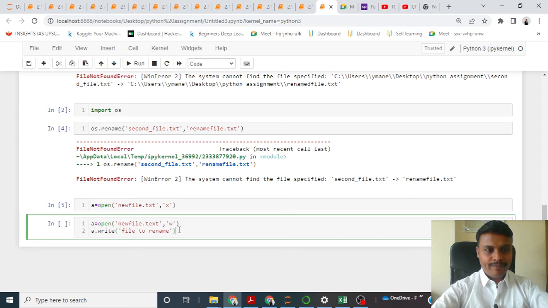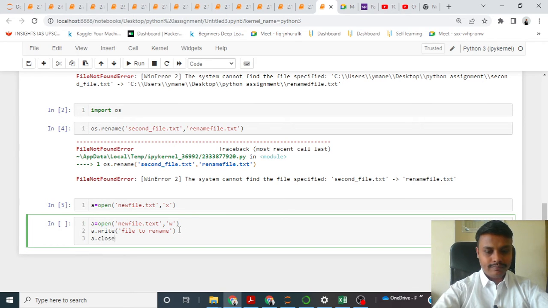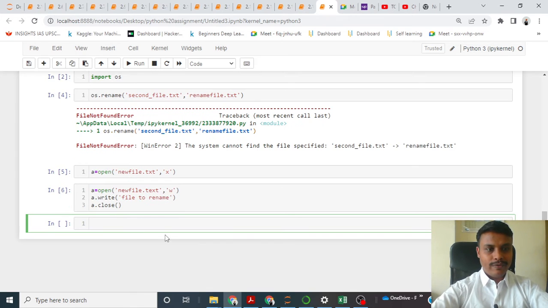Okay, after that I will close the file, a.close(). So in the file we have created a new file, then we have closed that file. Now we are going to read what is actually in that file. a is equal to open, then we are going to put that file name, new file dot txt,